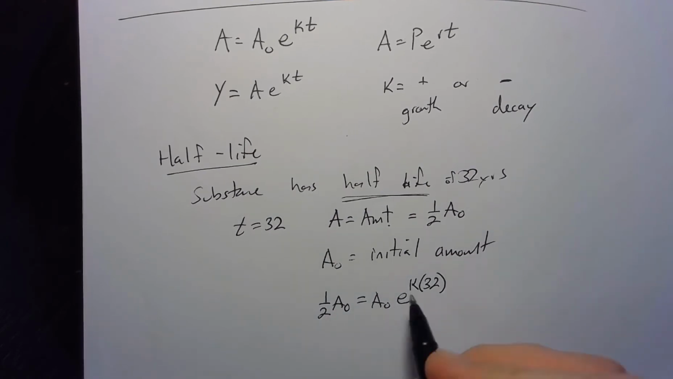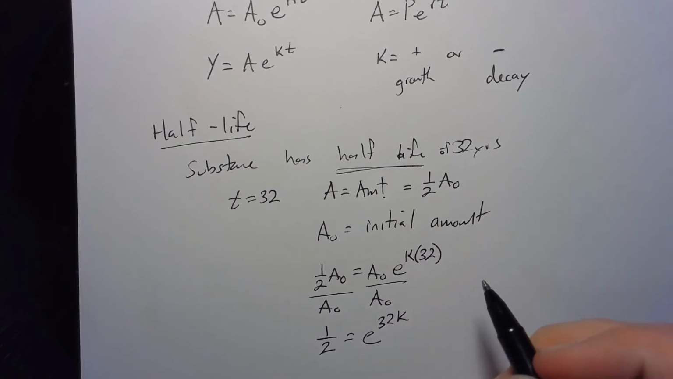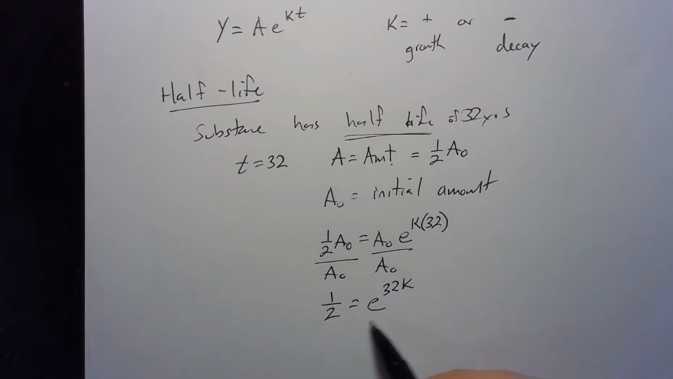So once we're here, we can go ahead and divide by a sub 0 and solve for k. If I start by solving for k, I'm going to have 1/2 is equal to e to the 32k. I'm going to go ahead and just rearrange the exponential terms. And then what I'm going to do is I'm going to say, well, how do I solve this kind of